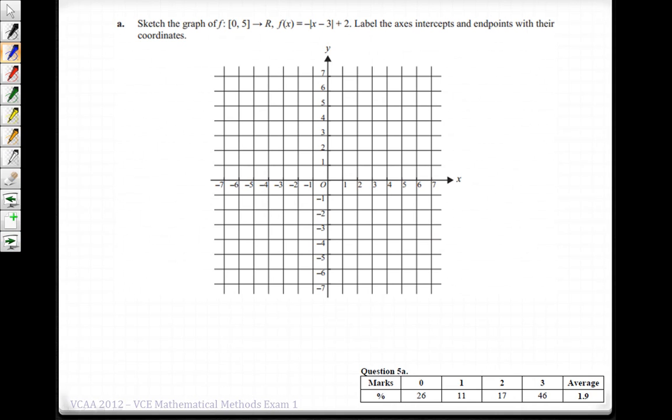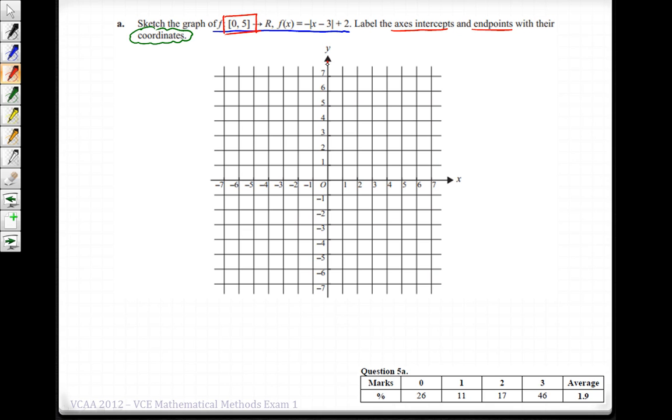Okay, so question 5 is asking us to sketch a graph of f with the following rule. We've got to label the intercepts of the axes and endpoints, and it's important that we do that with their coordinates. Okay. So the first thing I reckon we want to tackle is perhaps this domain restriction, because that's going